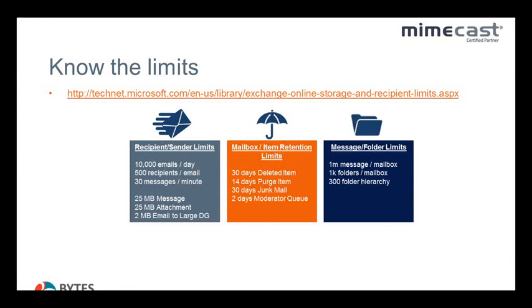These limitations, in my experience, have never stopped an organization from moving to Office 365. They've only added some complexity to it, and that complexity is usually mitigated by actually taking a step back, understanding what's available, what's not, what the limitations are, planning for it, and then moving forward with the migration in a proper planned approach. That's my short, sweet introduction to Office 365 and some of the gotchas that I've seen in my life migrating customers onto it. Now we're going to take a very quick look at Mimecast and what it is that Mimecast does for our customers,